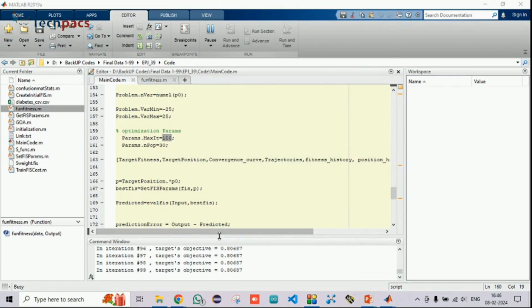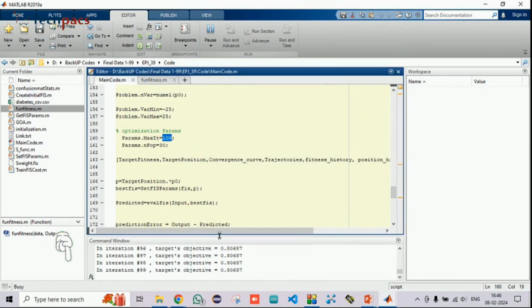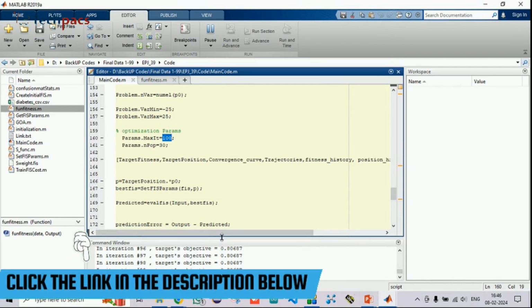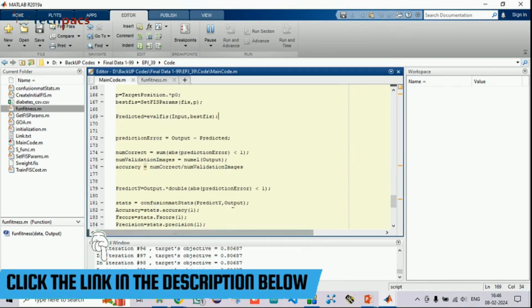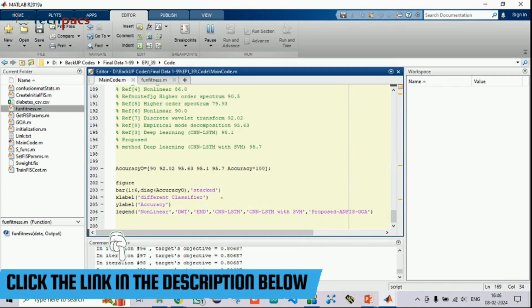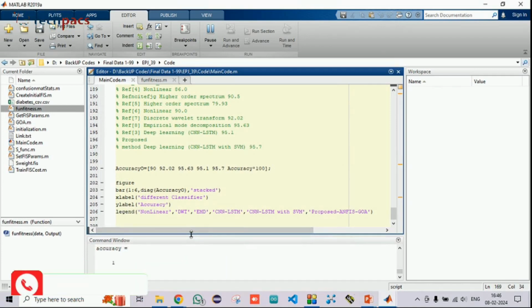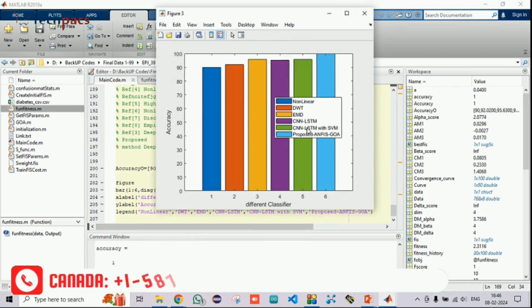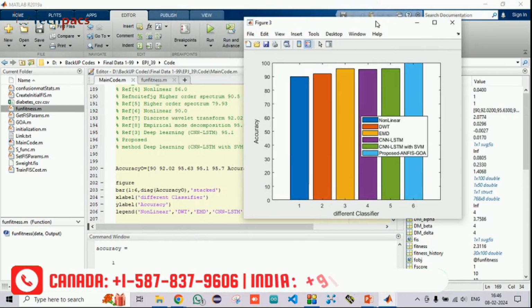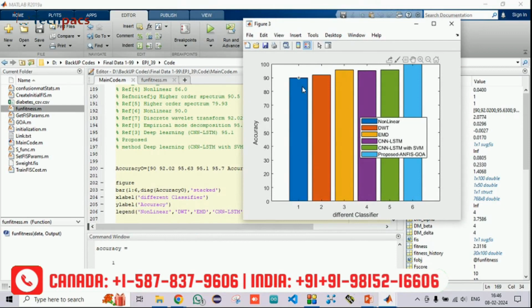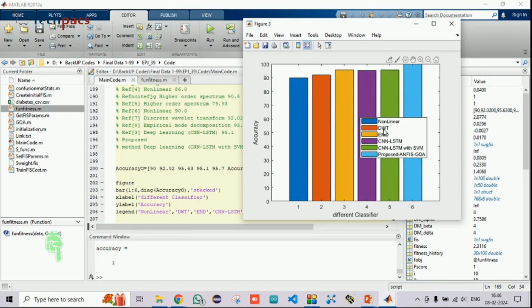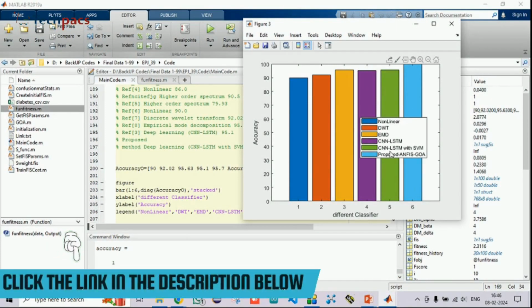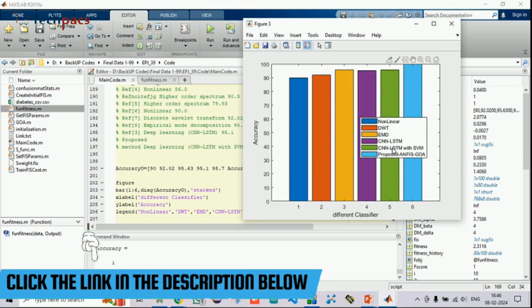You can see we are almost done with the iterations. 99 iterations have been done. So let's wait for the further execution of the outcomes and the comparison that we got in terms of accuracy. The accuracy we have achieved is around 100% for the data set that we have chosen for the classification. Here you can see for every iteration calculation, the proposed accuracy is around 100% in comparison to nonlinear DWT, EMD, CNN, and LSTM, because the data set that is taken for the